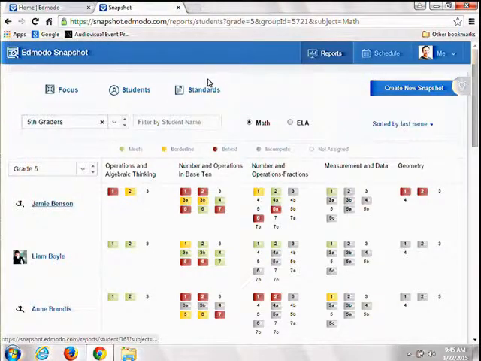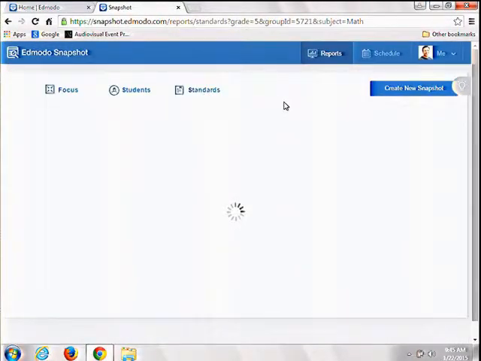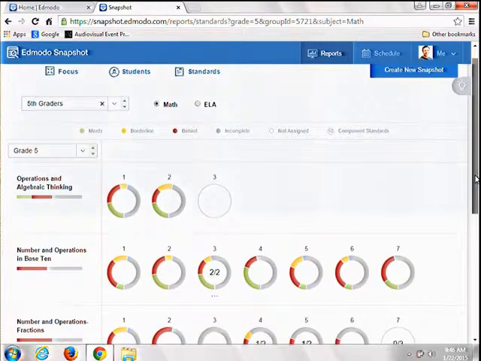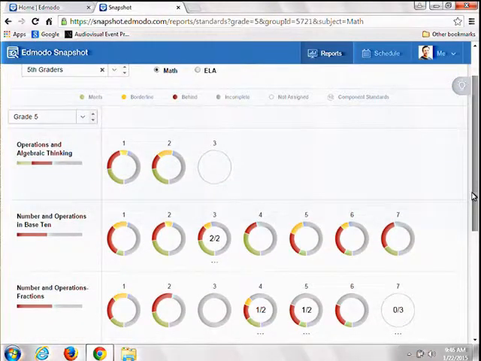So this is under students, and then very quickly, let me go to standards. And now I'm going to look at this information more from a standards point of view. I've still got it on the same 5th grade math class. So again, I can look for any of these categories.